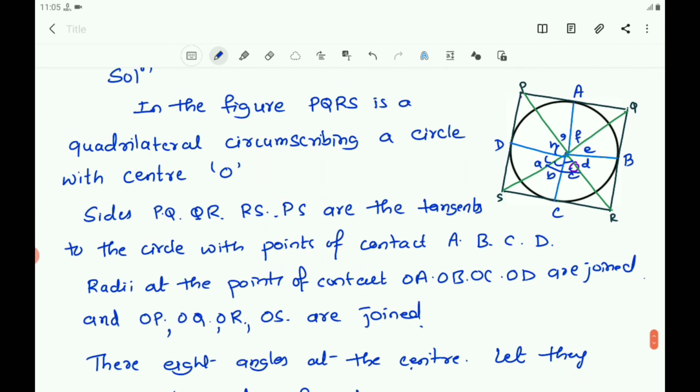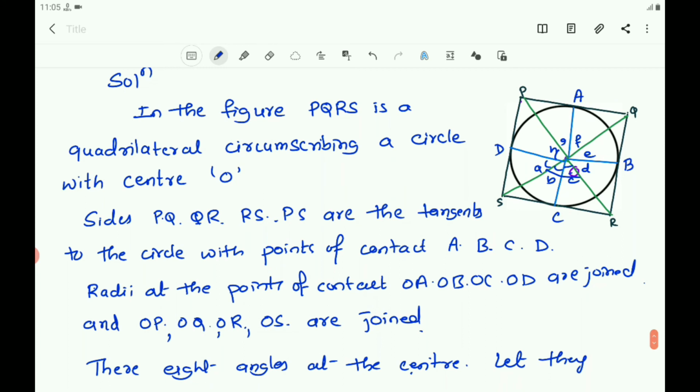Now here we have to prove that A equals B, C equals D, E equals F, G equals H. If you take these two triangles, triangle ODS and triangle OSC, they are congruent. How are they congruent? You know that these two are the tangents. DS and SC are the tangents from the external point. Yes, they must be equal. And also OC equals OD, they are the radii of the same circle, and OS is common. So with the help of the SSS congruence rule, you can prove that the two triangles are congruent. Which two triangles? Triangle OSD and triangle OSC are congruent.